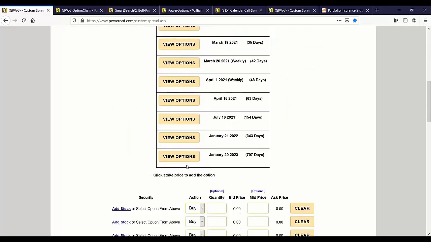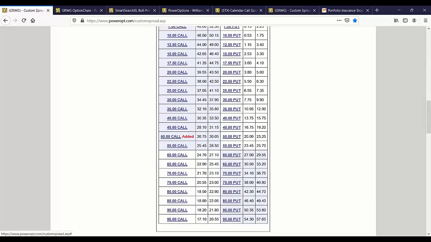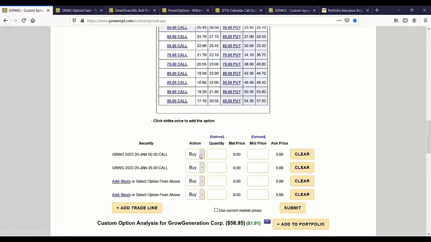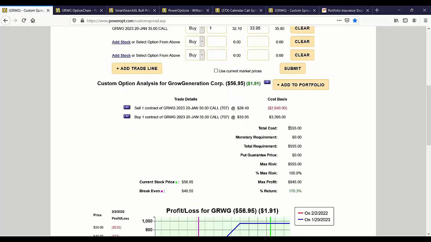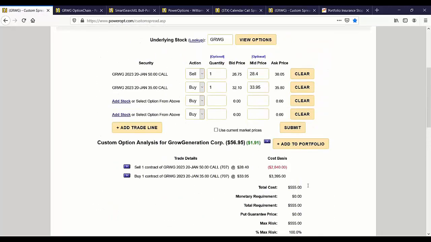Are you getting any advantage going further out in time? And we said we like the 50-35. So let's take this into account. Let's sell the 50 for 2023, buy the 35. Debit of 555 to 945. That's pretty good. But let's remember, let's take 340 off of this,